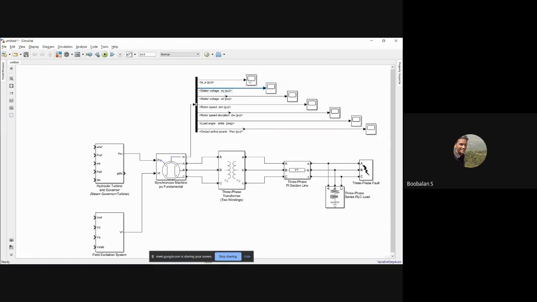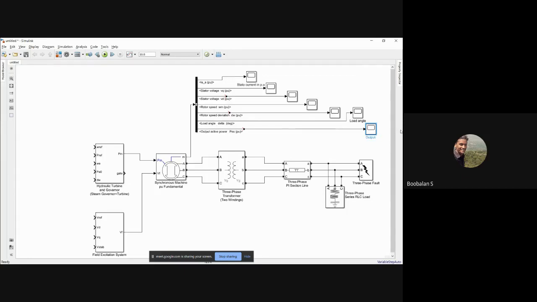So stator voltage, I'm just going to rename these blocks. Very first thing is stator current. Just rename these blocks if you want, right? I'm just going to rename these two blocks: stator current in per unit. Right, I need a load angle, that's why I'm going to use these two block names. Load angle. If you want, we're just going to rename every scope. Load angle and active power, output active power in per unit.